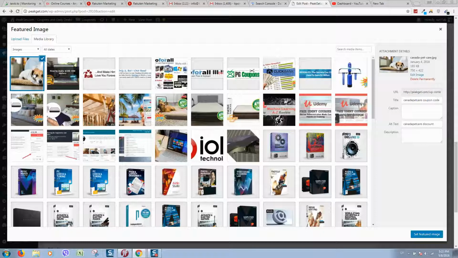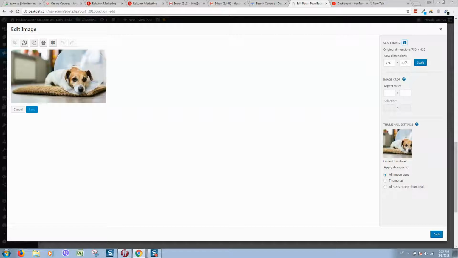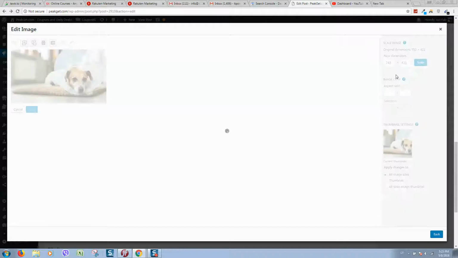So here is our image, and here we can see the size of the image. So almost 200 kilobytes. Remember this size. Let's click on edit image, simply resize it, for example, to 1 pixel, click on scale,